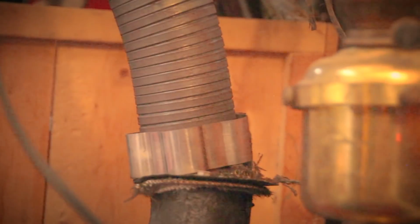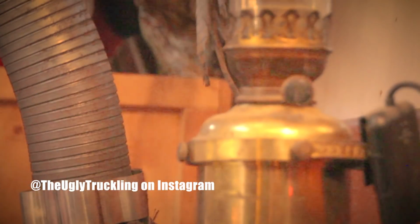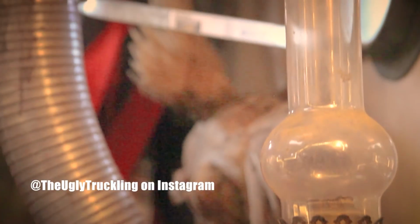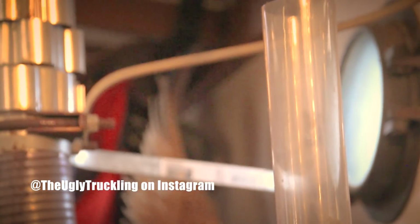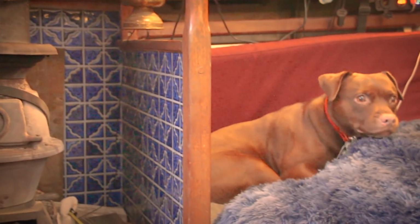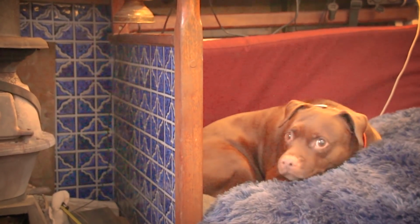She has The Ugly Truckling on Instagram, a huge, beautiful tiny home on wheels that she's been building. Be sure to go check that out. Kai was curious if the antique faucets that I have would work for her plumbing setup that she's doing in her kitchen sink. So we went down to my boat to check it out,